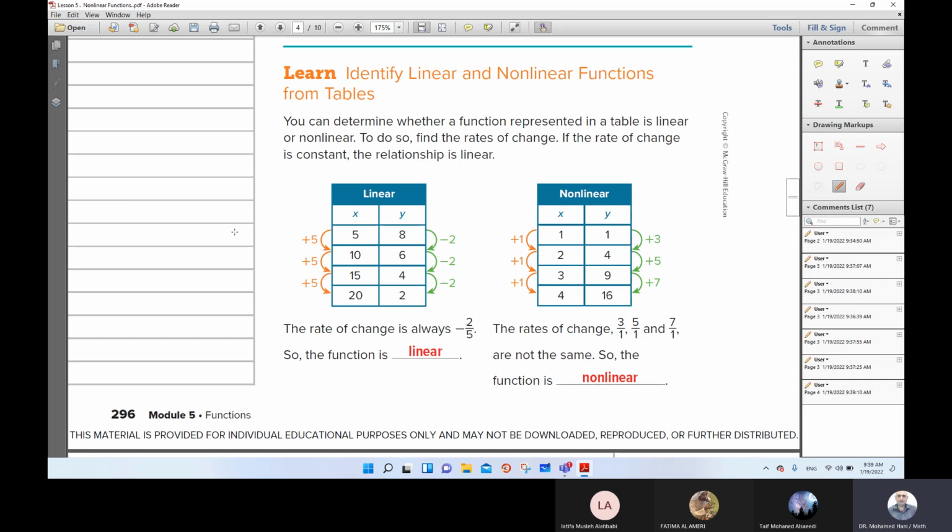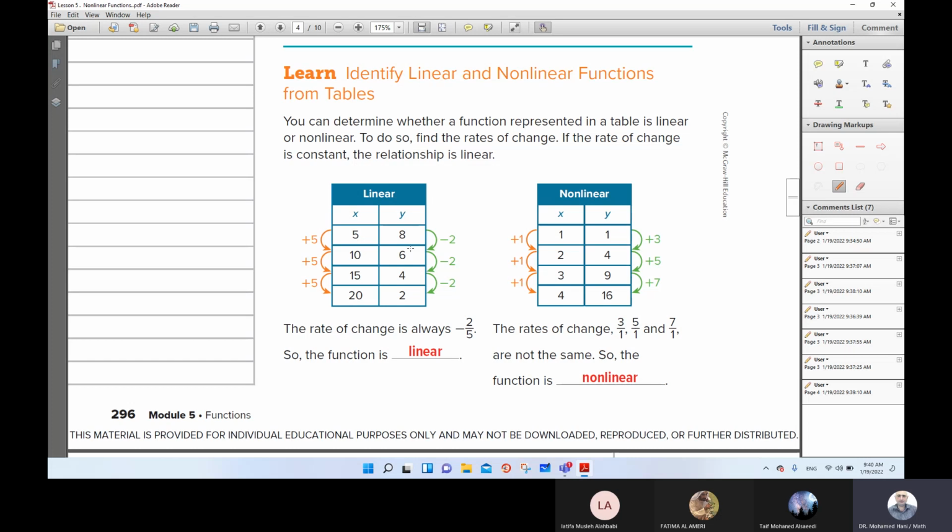So as you see in the first table, study the value of x. Here you have 5, 10, 15, 20. As you see, we have a fixed or constant rate. Here plus 5, plus 5, plus 5, plus 5. And in the second column, study the value of y. You have 8, 6, 4, 2. As you see, we have negative 2, negative 2, negative 2, negative 2. So we have a fixed or constant